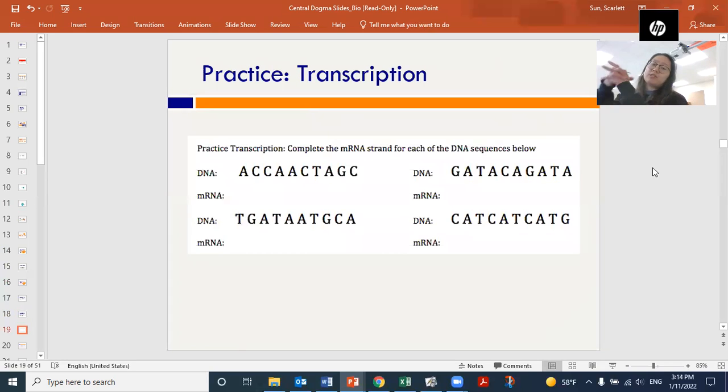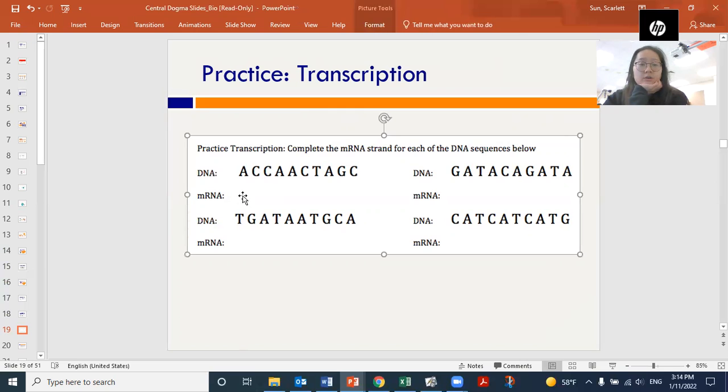So let's practice some transcription. I did say earlier that we're matching letters now. There's no T's in mRNA. There's only U's instead of T's. So A will match with U. And then if you see a T, you're going to match it with an A. And then a C and a G are still matching each other. So if we have a DNA right here, and we have ACC, AAC, TAGC,